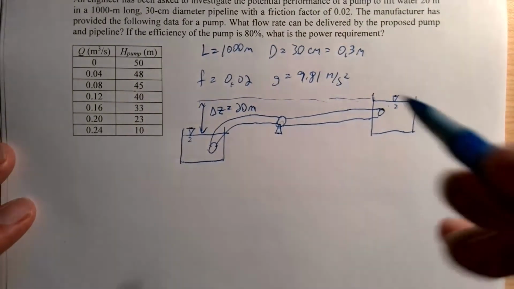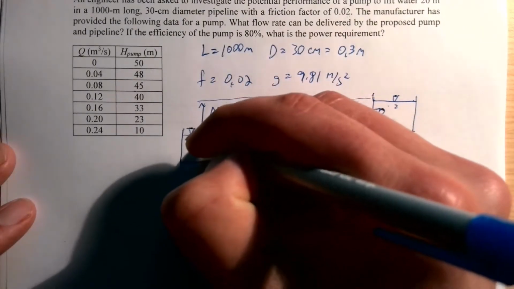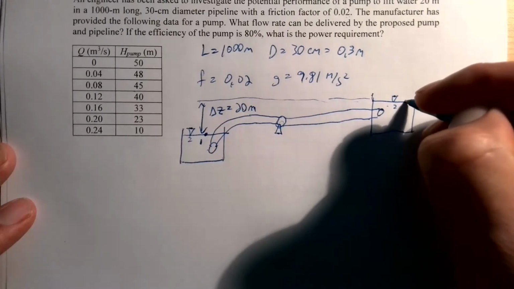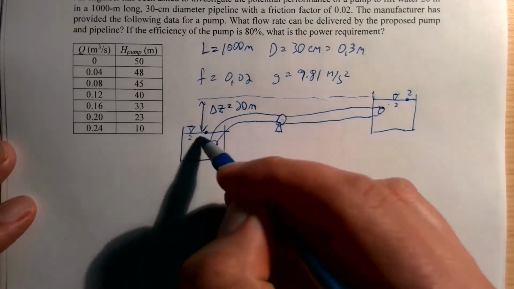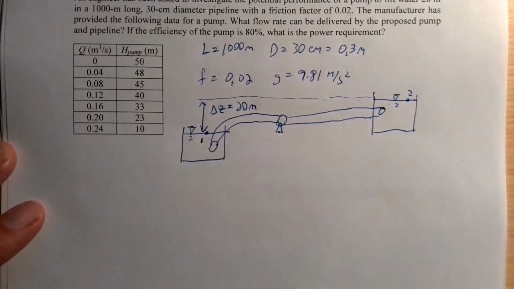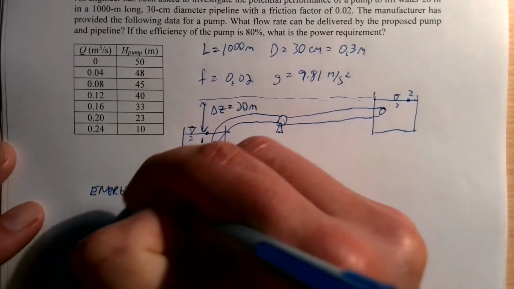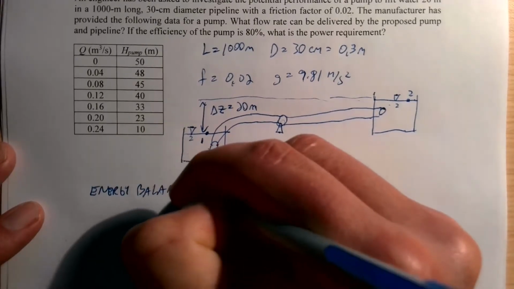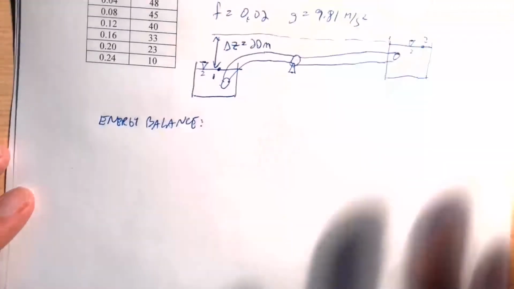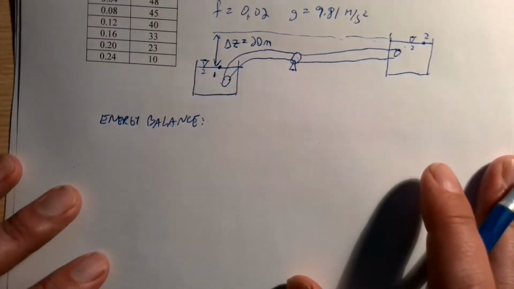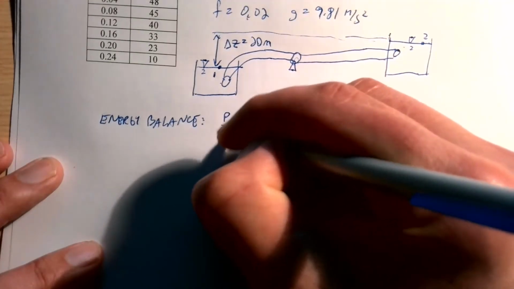And so how are we going to analyze this thing? We're going to use an energy balance just like we did before. So we have point 1 here and point 2 here that I'm going to use for my energy balance. I'm choosing those points because they make things easier. So our energy balance, some people would call it Bernoulli's equation. It's not Bernoulli's equation though, because Bernoulli's equation is for frictionless flow, and this has friction. So technically not the same thing, but